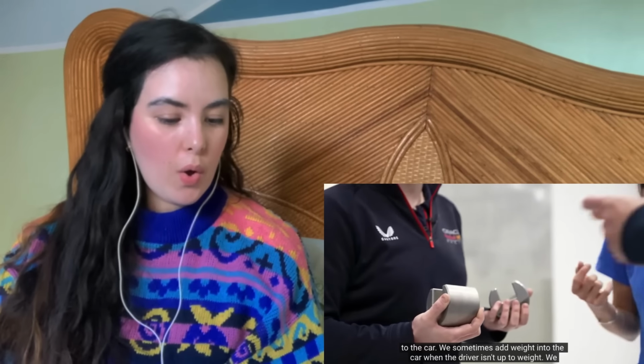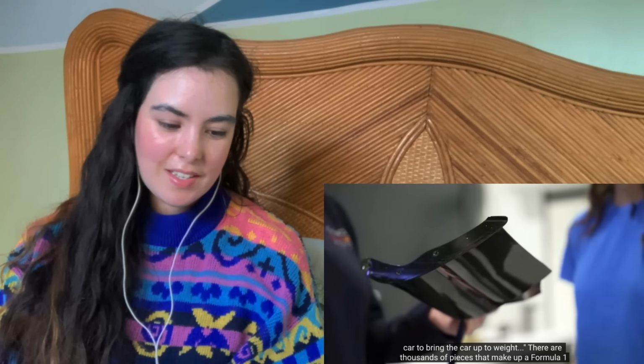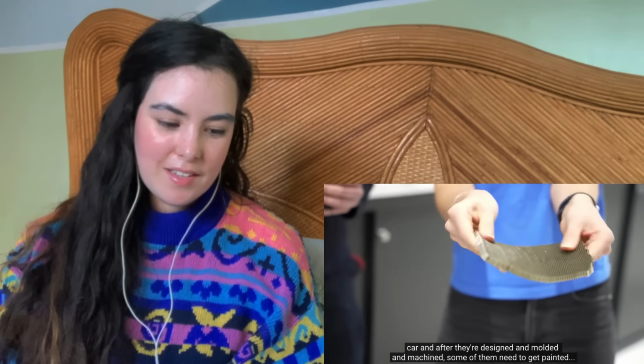We sometimes add weight into the car when the driver isn't up to weight, so we have to have a minimum weight for the car and driver. So we'll use tiny strips of this throughout the car to bring the car up to weight. There are thousands of pieces that make up a Formula One car, and after they're designed